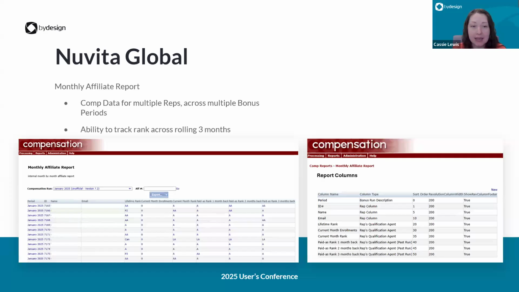What is the rank across those months? So I went in and I set up the report columns. The first few columns are just literally ID, name, email, because you have to think about when I actually run the report, I need to see who I'm viewing the report for. So those are going to be my first few columns, just informing me. But the last columns there are what you're really going to look at to be able to display the data